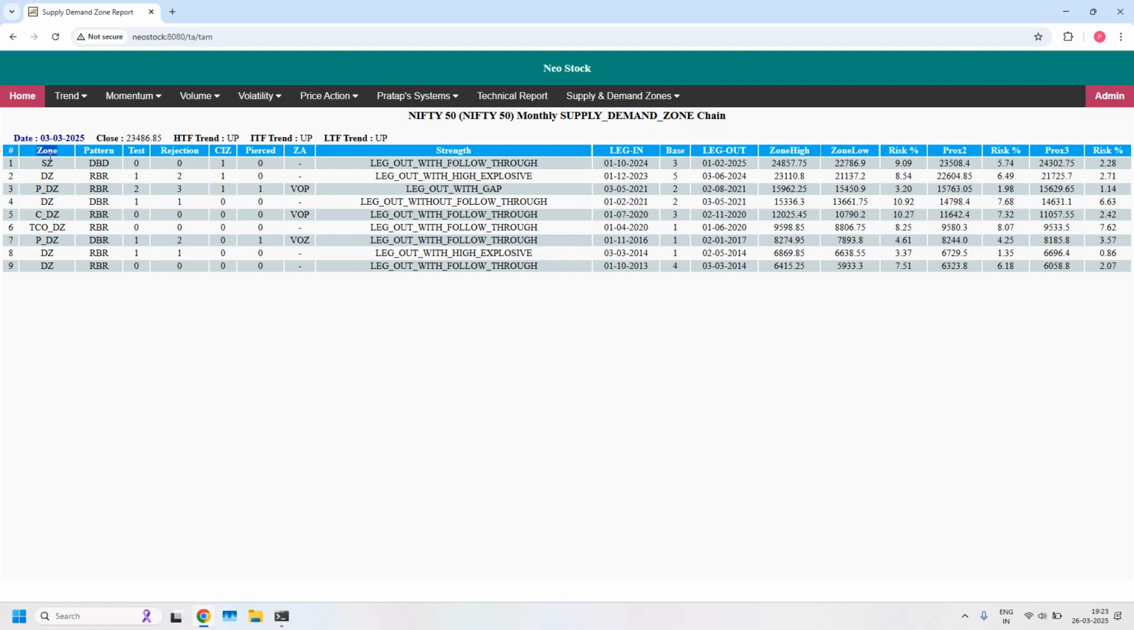Always look into the zone column to find high liquidity zones. Look into the pierced column to find the pierced zones. Always look into the LTF trend to find the trend of the current time frame you have selected. So apply the same rules to remaining supply demand zone chain reports. Okay, next,